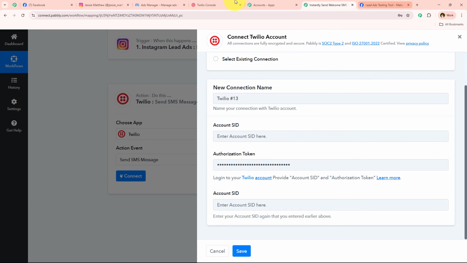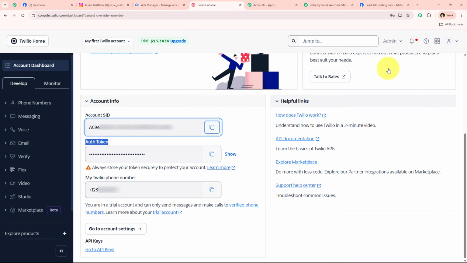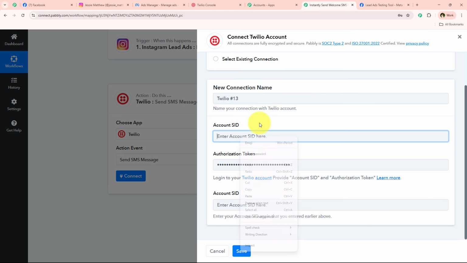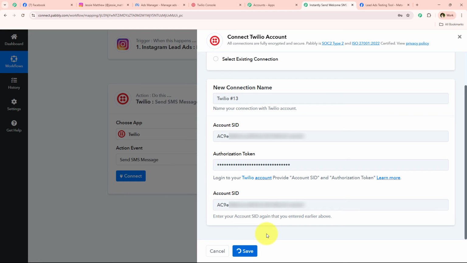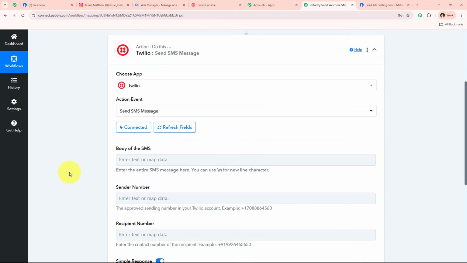And now for the account SID, you have to repeat the procedure. You simply have to copy the account SID and paste it right over here. I'm just going to paste the account SID in both the fields and click on this button which says save. And once I click on this save, with this we have successfully connected our Twilio account with